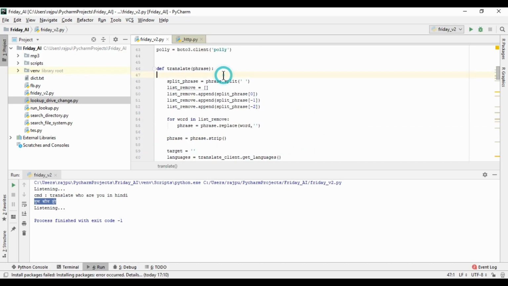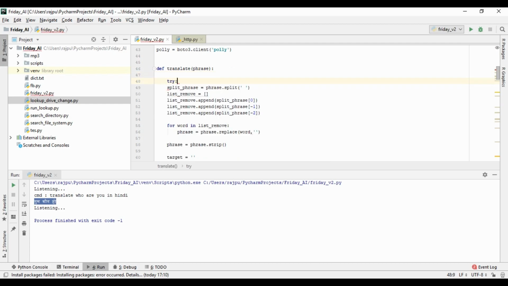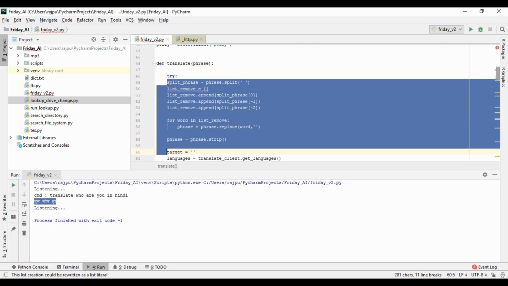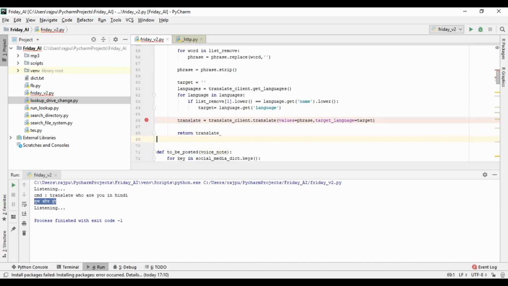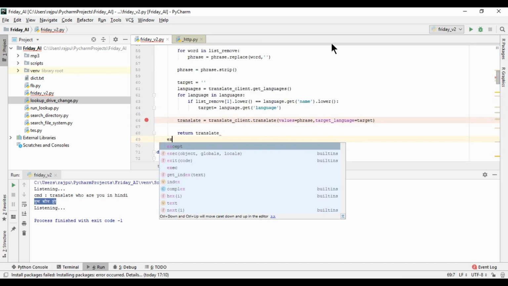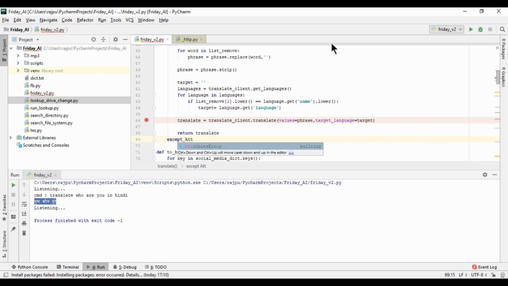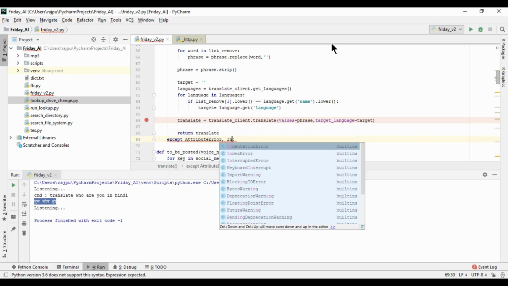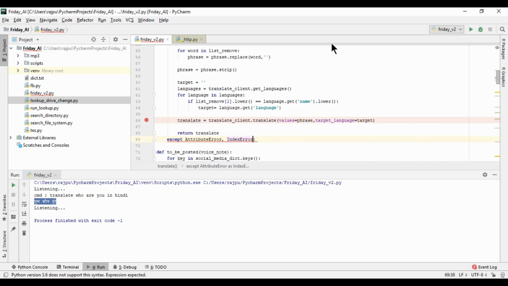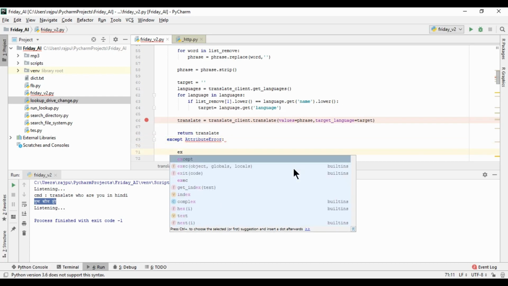So try and then except attribute error, or in case index error, because we are using split kind of things. Okay, so we need to remove this, then again except